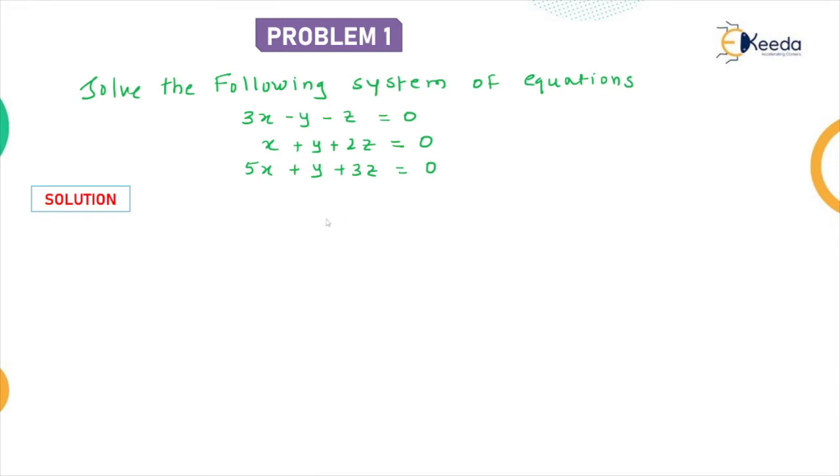After identifying that this is a homogeneous equation, we have to immediately write it in matrix form. Now what is the matrix form of the given system? The given system of equations can be written in matrix form as